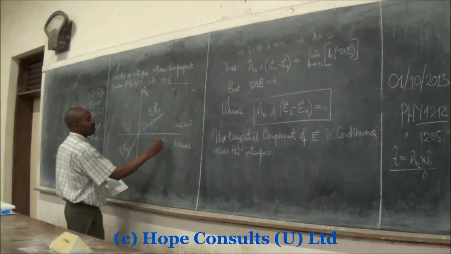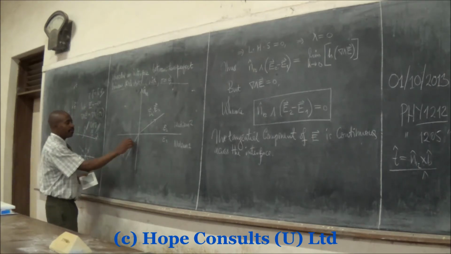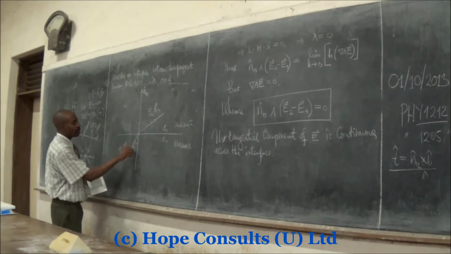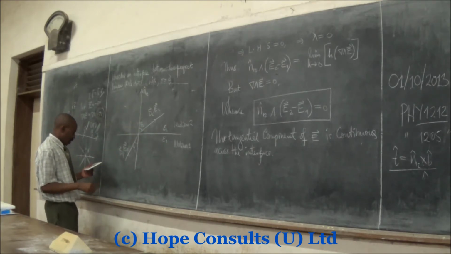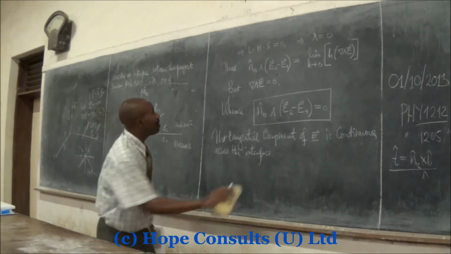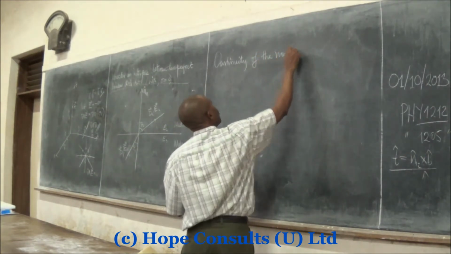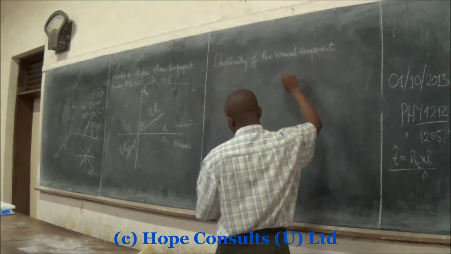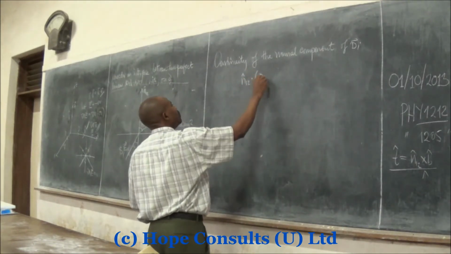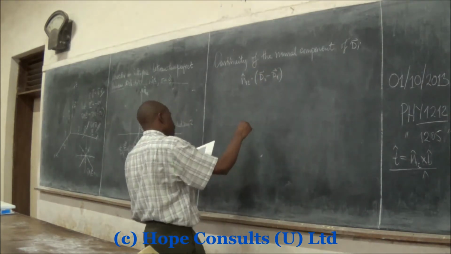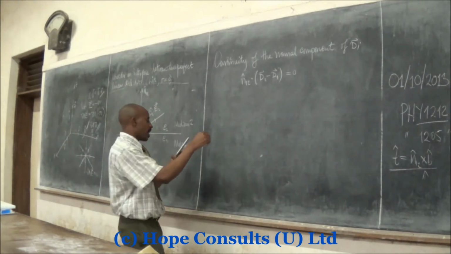So if this has epsilon 1 as the permittivity and epsilon 2 as the permittivity in medium 2, and these are approaching the interface at an angle theta 1 to the normal and coming out at an angle theta 2 to the normal, the continuity of the normal component of D will give us, so we had that n12 dot (D2 minus D1) is equal to 0 for continuity when our sigma free is equal to 0. Since there are no free charges